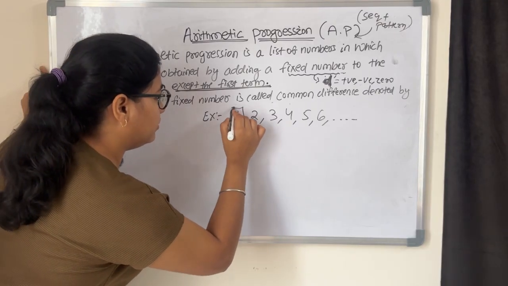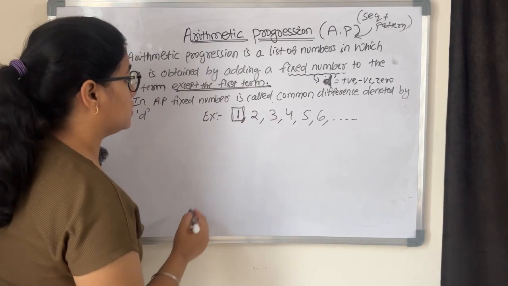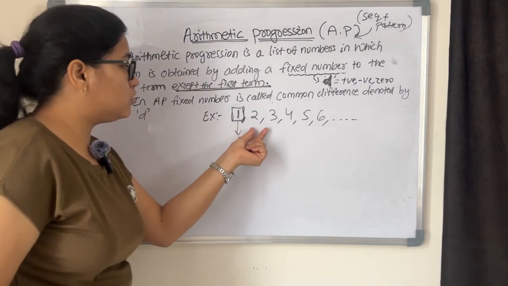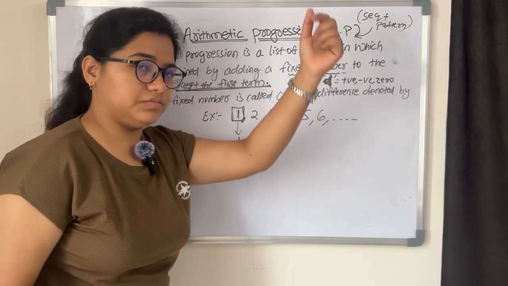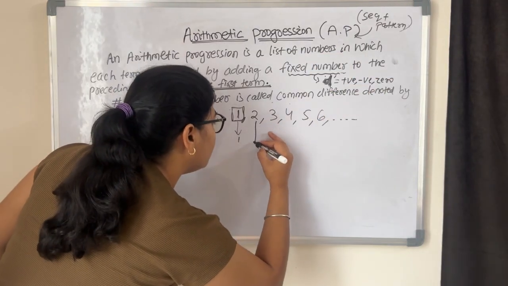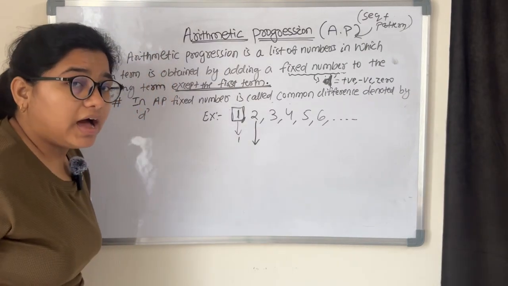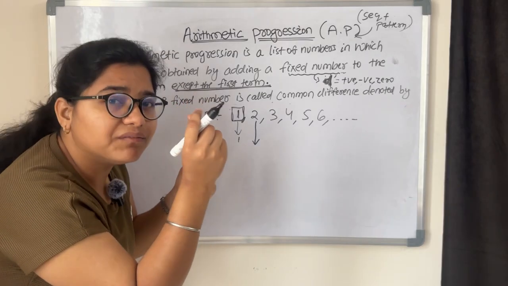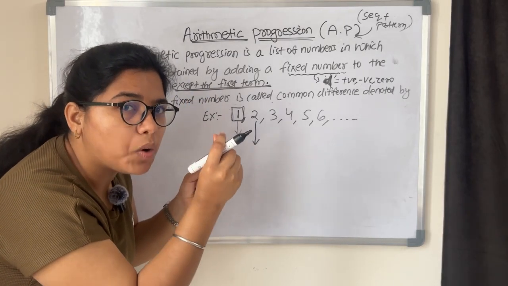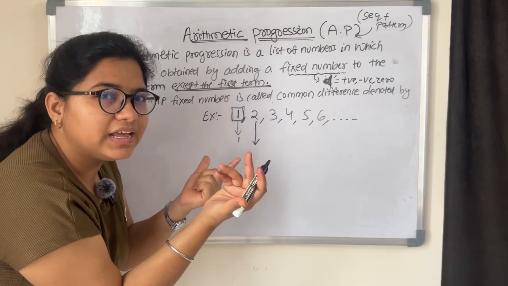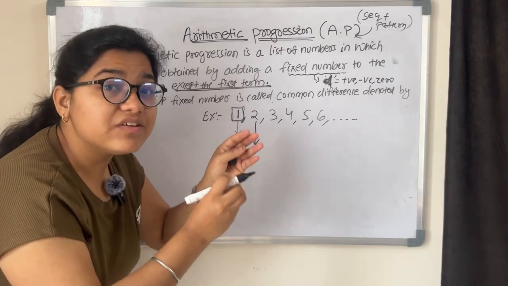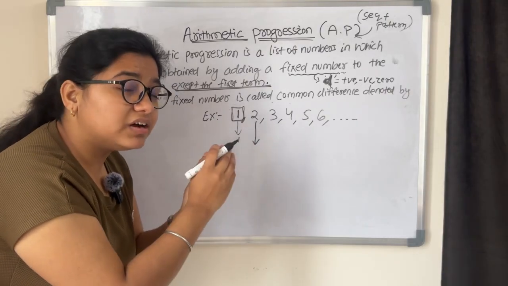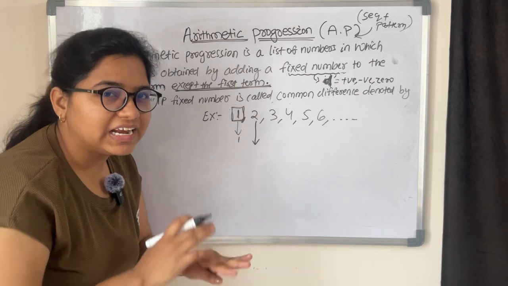We need to leave the first term first, since it can be fixed. Now check for 2, 3, 4, 5, 6 and so on. How can 2 be written? Preceding term plus some fixed number, or common difference D. We don't know D. Let us check whether the D is the same for all the terms or not. If it is the same for all the terms, it is in AP. If the D is not the same for all the terms, it is not in AP.